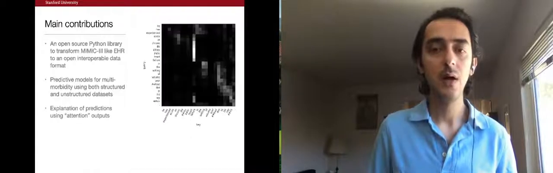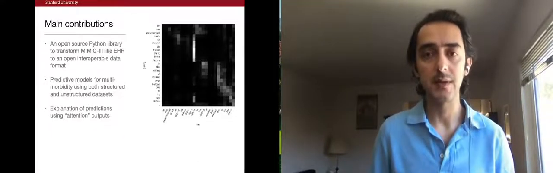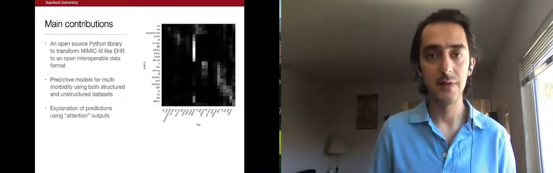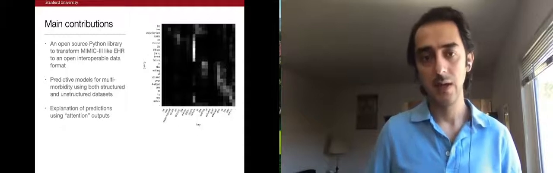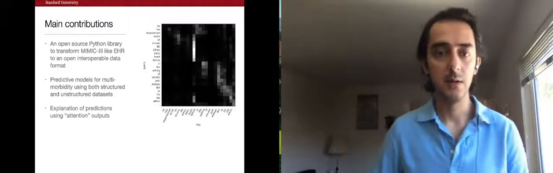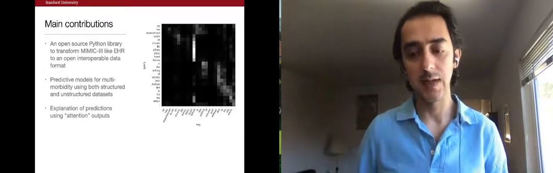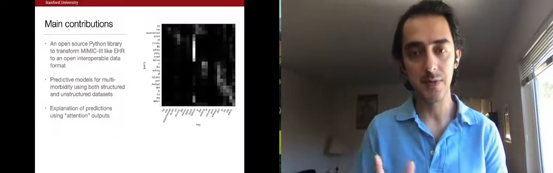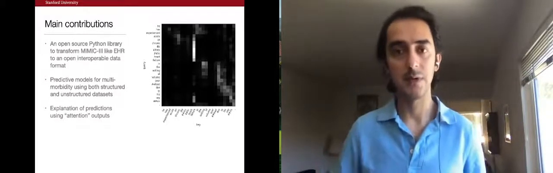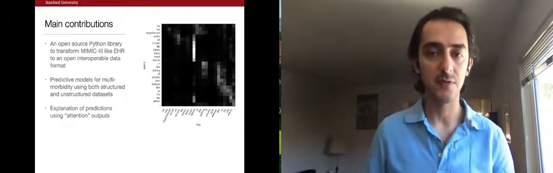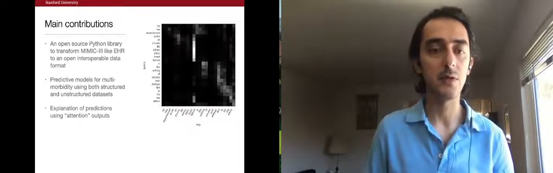The main contributions of our work also include an open source Python library which we have released. This library helps transform a dataset like Mimic3 into an interoperable data format so that electronic health records coming from different sources, different hospitals and healthcare facilities can be merged and looked at together with each other. Currently, this is a problem because of different formats that exist out there. So we hope this will be of use to anybody who's working with electronic health records.